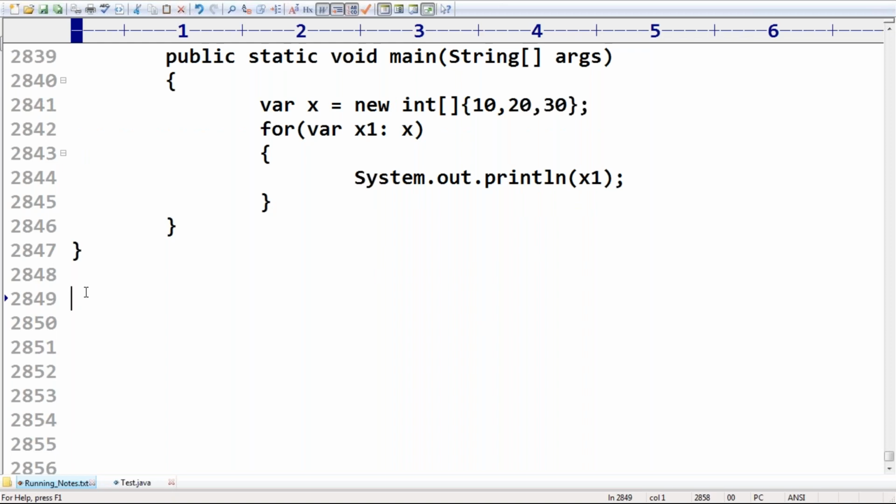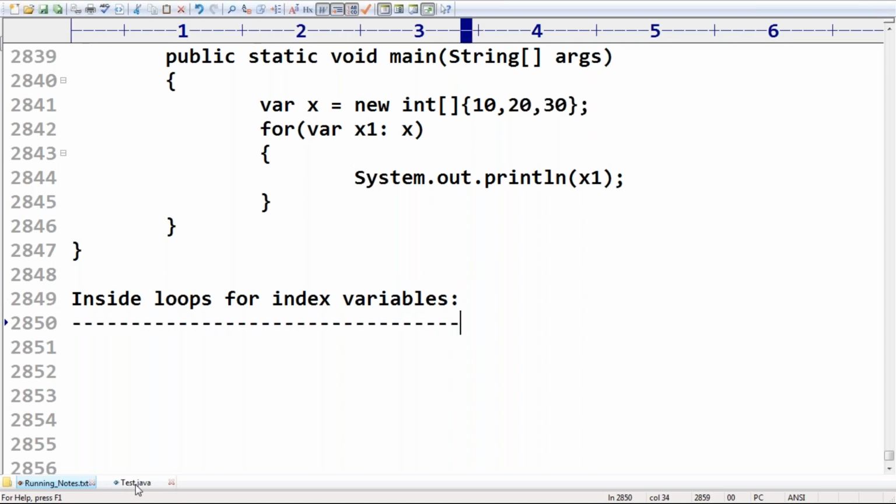Very simple, even loop index variables can also be used inside loops. For index variables inside loops, right? Okay, very simple, sir.